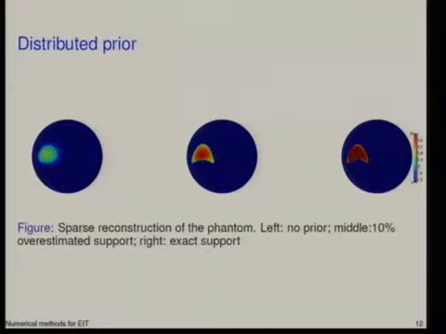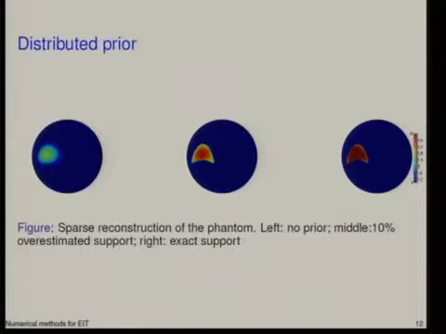What we say now to the algorithm is that you don't pay a price by picking information from here. You only pay a price by taking something out here. Therefore, it's of course clear that the algorithm would like to pick information inside, and it turns out that it picks pretty well, and you get the non-convex form of this kite pattern. Pretty nice. So what happens if you know exactly where the object is located? This is what we have here. This is with exact support, and this is a very nice EIT picture, in my opinion.